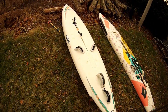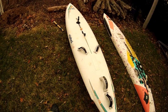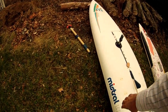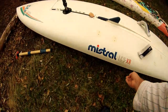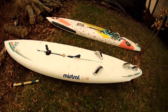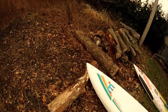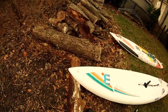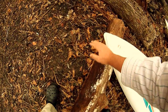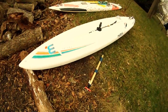What else about this board in general? Oh yeah, the rails, they're quite thick. That's what's giving you your 210 liters. And they're quite sharp rails to cut the water. On the front there's typically a green nose like on the Comets and the F2s. And this one came off and I put some silicone type seal to ensure that there was no leakage. I don't think there was an issue anyway, but